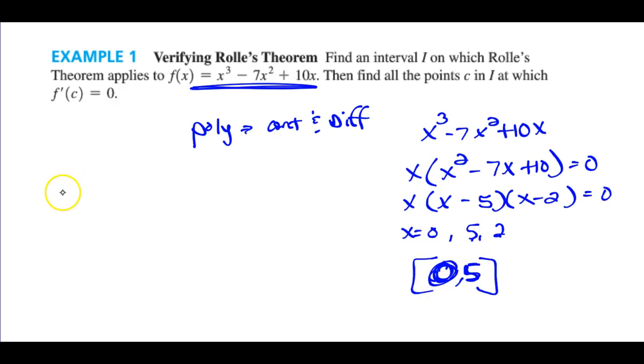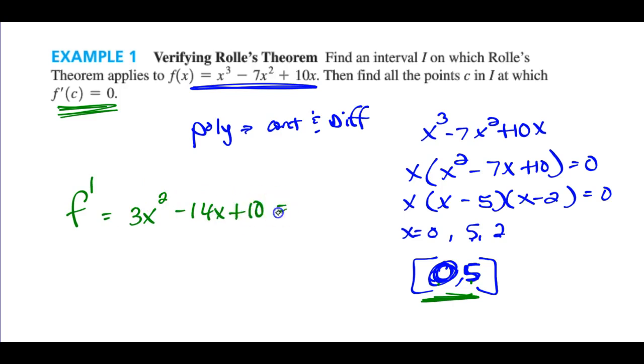So now that I've found my 0 and 5, I'm looking for some value between 0 and 5 that causes a max or min. To do that, all I have to do is find the derivative and set it equal to 0. So the derivative is 3x squared minus 14x plus 10. Now I don't think that factors, so I'd have to use the quadratic formula. And after doing so,